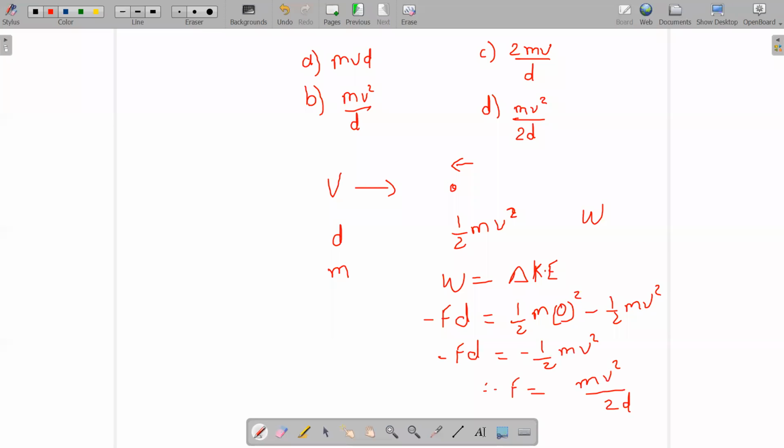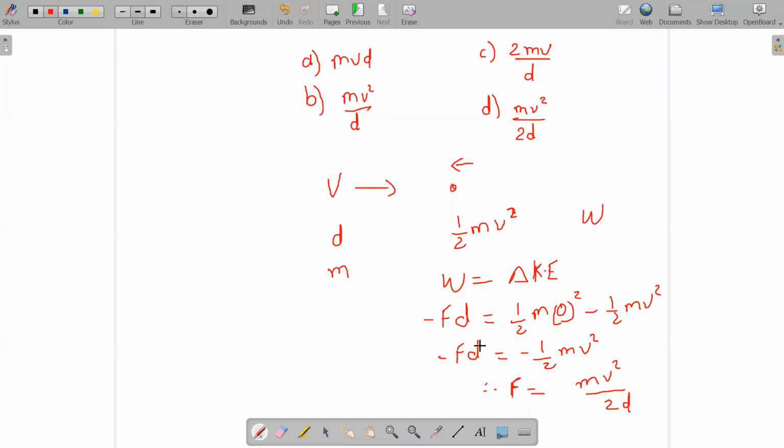I hope you understood why the minus is not coming. You always need to write the equation like this, otherwise you will get confused. In this question, at least, they have not provided the minus sign in an option. If they had provided, you might have made the mistake. So you need to be careful. Go step by step.